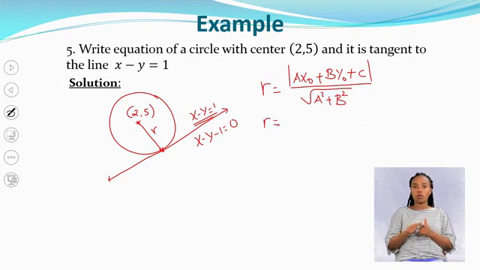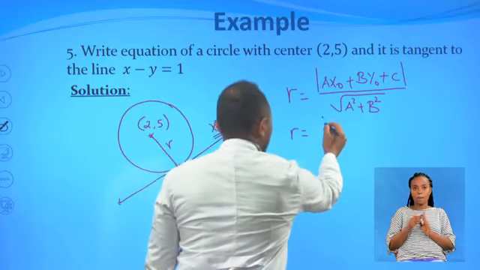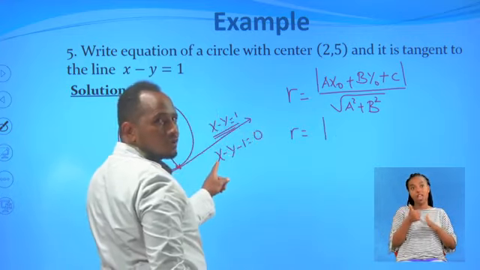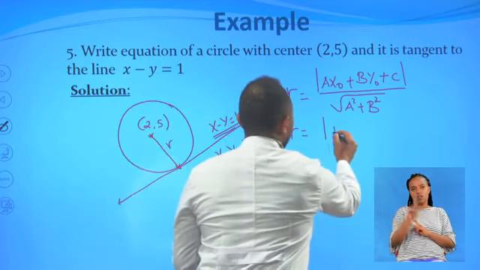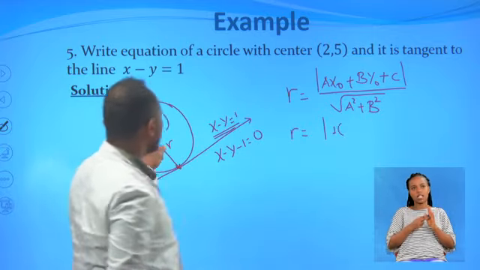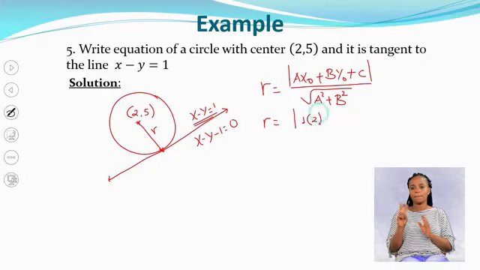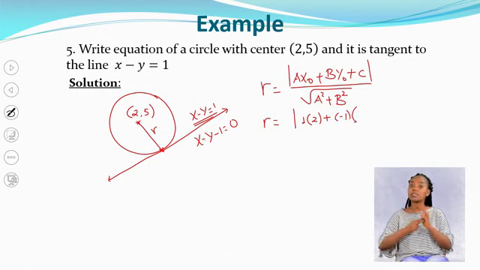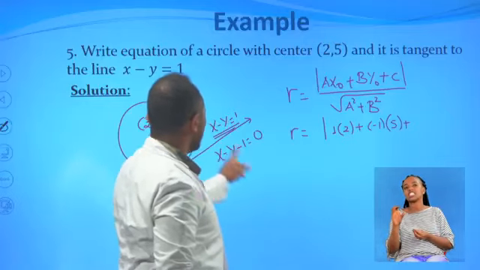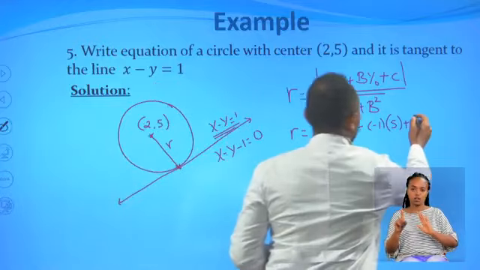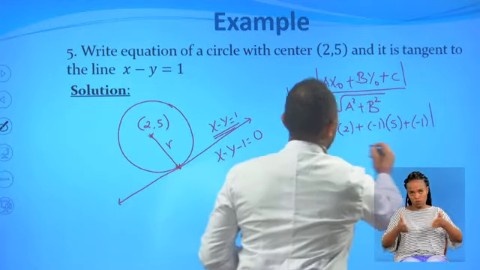Here a is 1, the coefficient of x, 1 times x naught, which is the center's x coordinate, 2, so 1 times 2, plus b, which is minus 1, the coefficient of y, times y naught, which is 5, plus c, which is minus 1, in absolute value, divided by